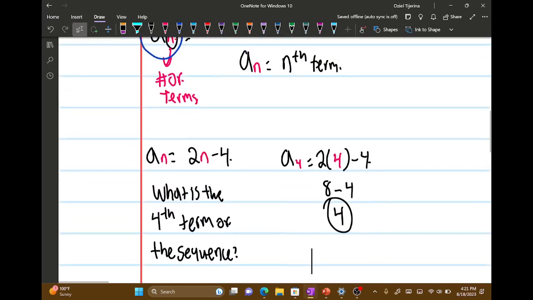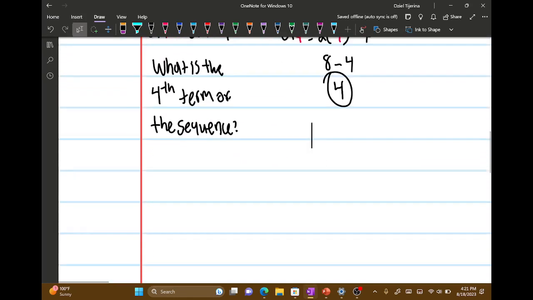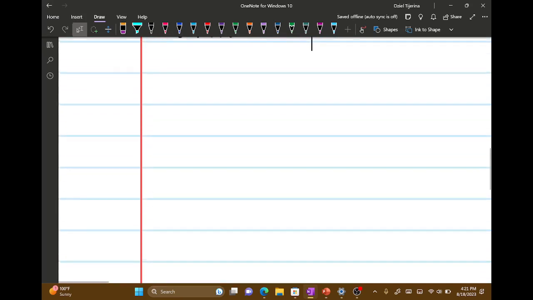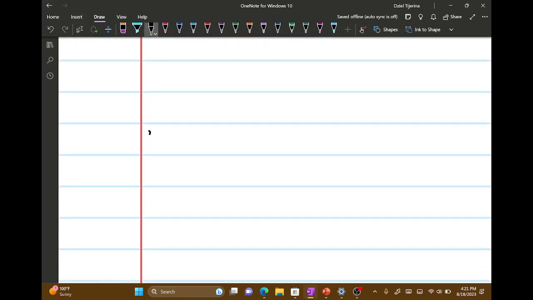So we're going to go over another example, the one that I was just talking about right now, where let's say I have a sub n equals 5n minus 3, and I say find,